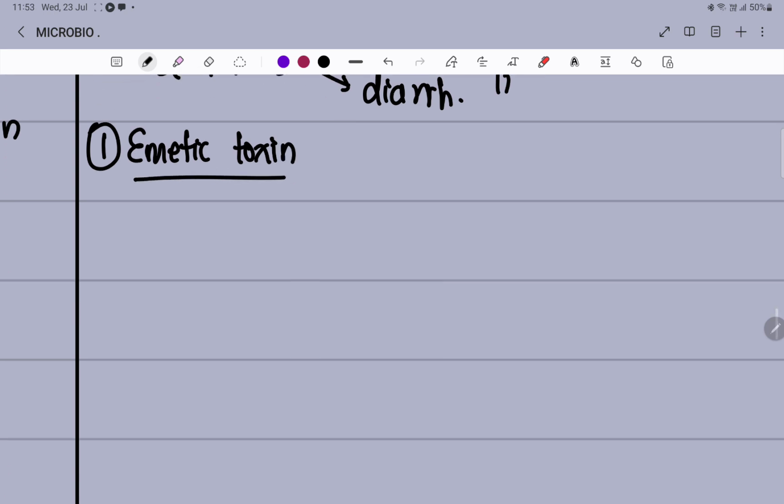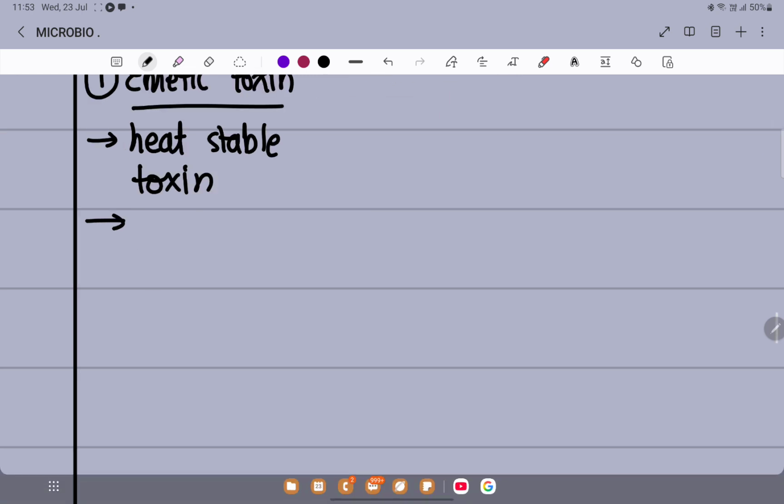Emetic toxin is a heat stable preformed toxin. Therefore, it is present in the fried rice. Rice is cooked, but the toxin is not killed by heat. So it is a heat stable toxin. However much you cook the food, the toxin won't be destroyed. It acts immediately on the intestine, so its incubation period